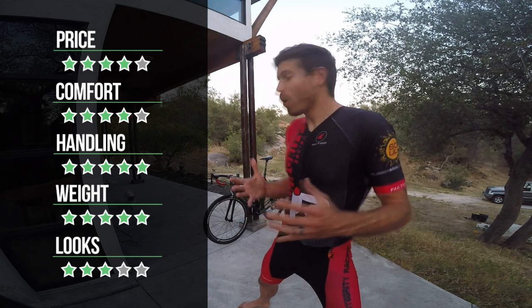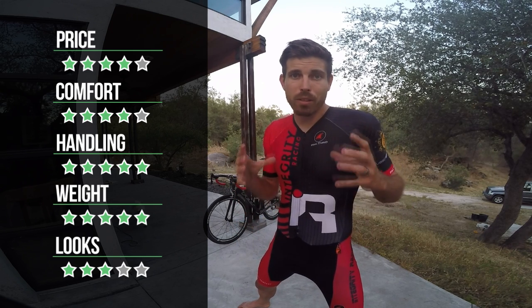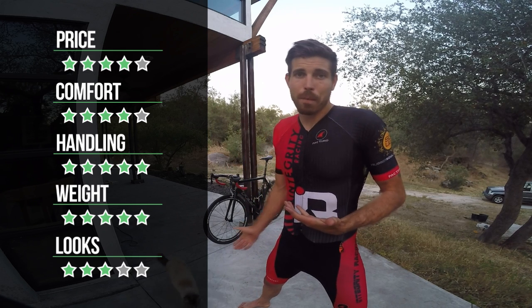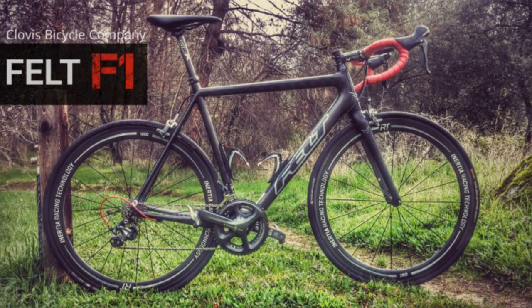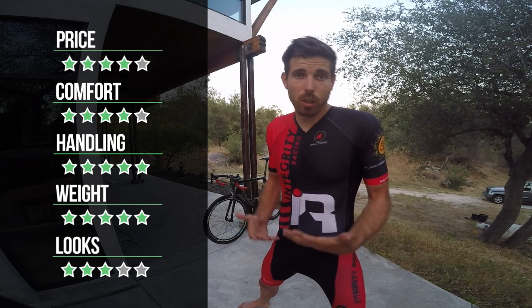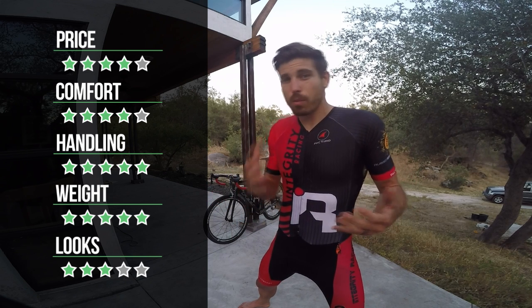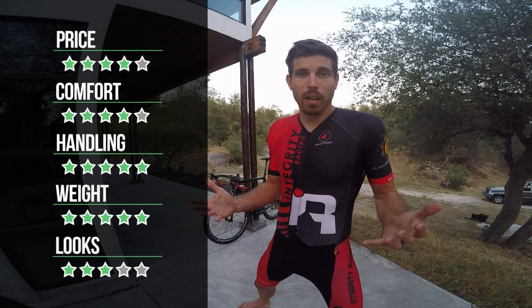there's not really a whole lot about the frame geometry that sets it apart. So if I don't have the deep dish wheels on it, you wouldn't really even be able to tell that it's anything special unless you got really close and looked at the carbon pattern. So a 3 out of 5 on the way it looks, but you can do a lot to make that